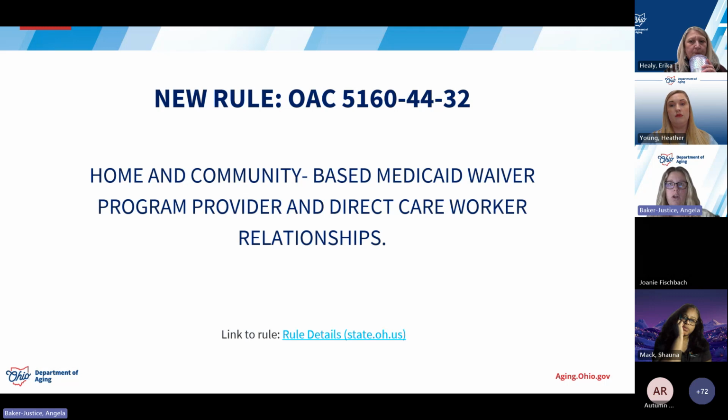We're going to go over a high level overview of the rule, but we're also going to go over the clinical process that will be covered with all the case managers later this week. That way you know the process and how it's going to flow on the case management side, and what the providers will get from the case managers. But it's not going to change a whole lot for you in overseeing the providers. So this is the new rule,